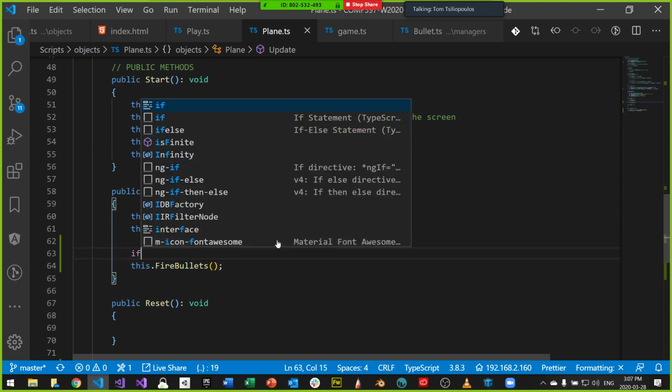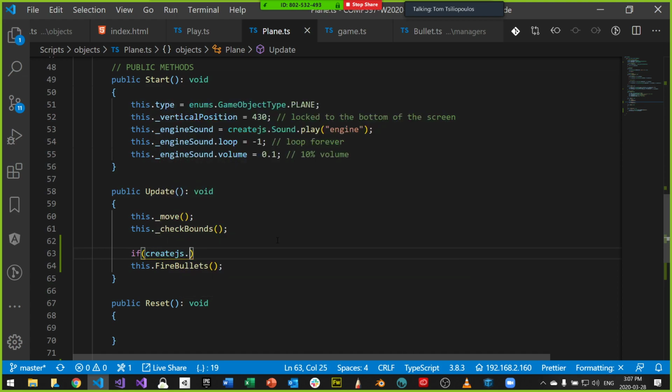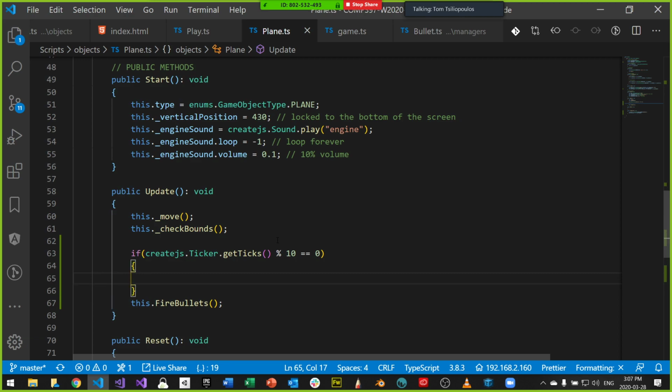So we can say that if createjs.Ticker.getTicks modulus 10 is equal to 0, so every 10 frames. What this getTicks function does is it returns a number of frames, so 400 frames, 500 frames, 600 frames.